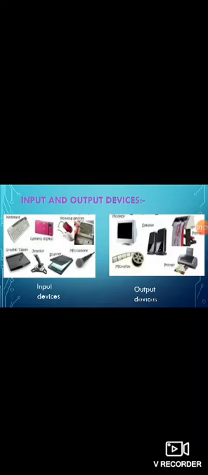Okay, so today we see the input processing output cycle. So input means the data and instructions which we enter into the computer using a keyboard or mouse is called input. We can enter numbers, words, pictures or sound as input. Okay, using this keyboard and mouse, we can give the input to the computer. This we call the input.